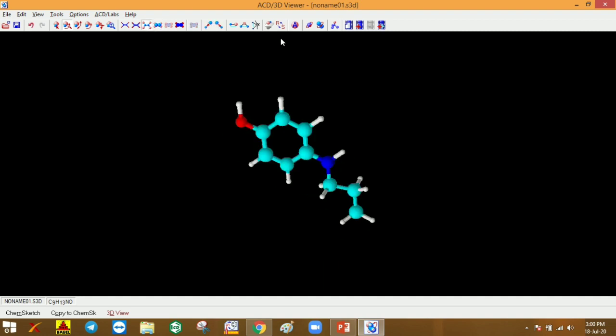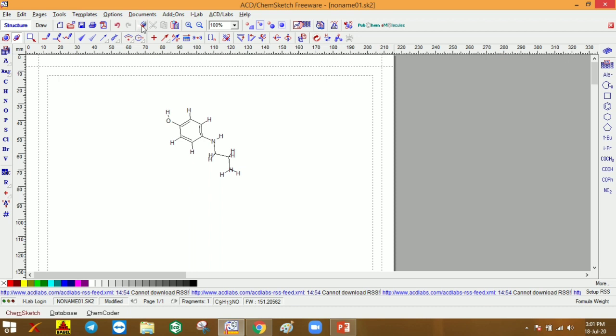So likewise we can select the different models and options, and there is also an erase option, a delete option. By selecting that we can delete any unwanted groups present in the structure that you drew previously. We can save this in a CDX format or a MOL file, and you can convert this structure into PDF also, and different bond angles we are using.